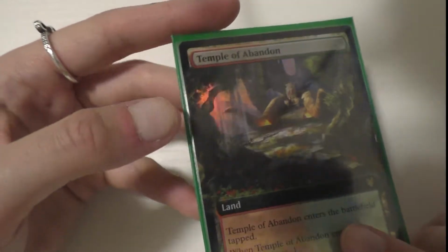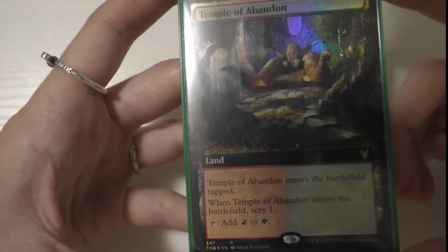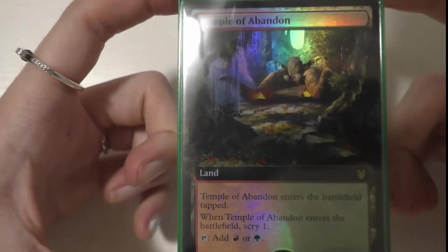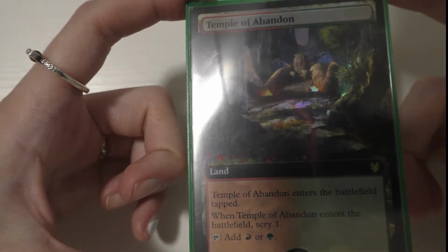And then this is a card that Paul got for me for our anniversary. And it is the full art Temple of Abandon. Abandon. Why was that hard for me to say? Such a pretty card, that foil, that shine. Ooh, I love it. Okay, let's hop to